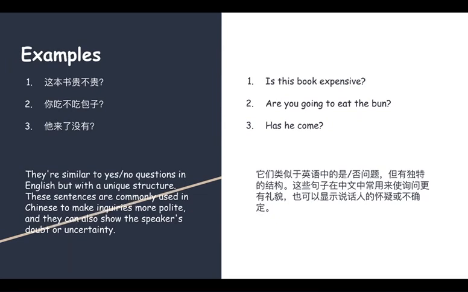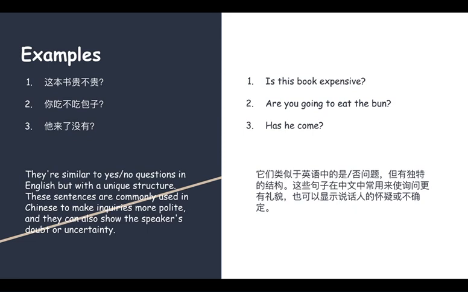Example 1. Is this book expensive or not? 这本书贵不贵? Example 2. Are you going to eat the bun or not? The Chinese translation is 你吃不吃包子? Example 3. Has he come or not? 他来了没有? As you can see, affirmative negative questions are similar to yes or no questions in English, but with a